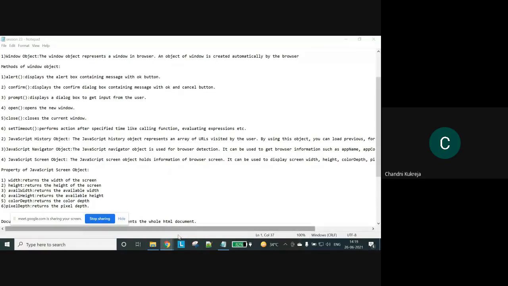Okay. So basically the history object is used for visited URLs, the previous page we visited, the next page. All the history is stored in the history object. The history object has no specific methods, but basically it is used for the previous page, next page, and the visited URLs. Next, do you have any doubt in history object?